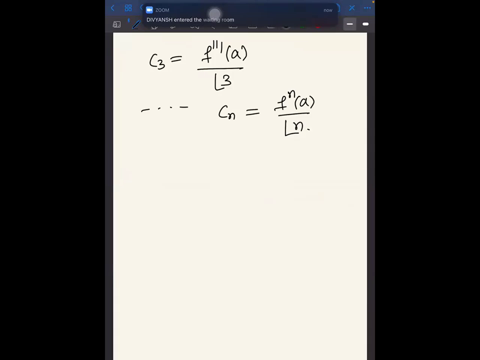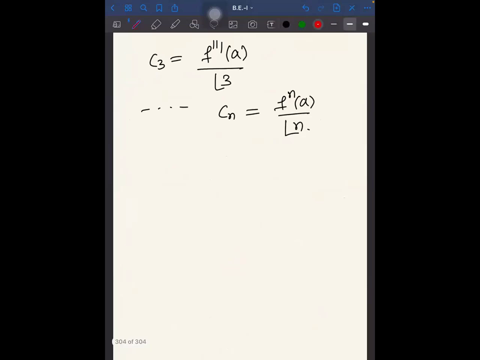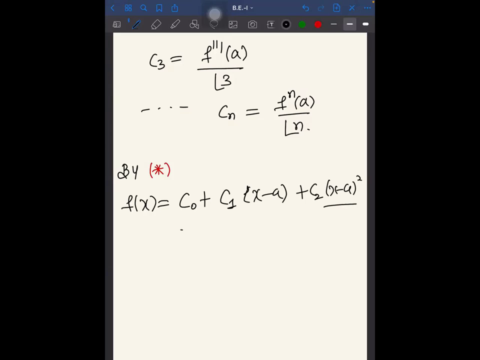So the series representation which we used to have, this thing, right? So your star was what? That was f of x equals c naught plus c1 (x minus a) plus c2 (x minus a) whole square plus c3 (x minus a) whole cube, so on up to infinity, by star. So this star can be rewritten as